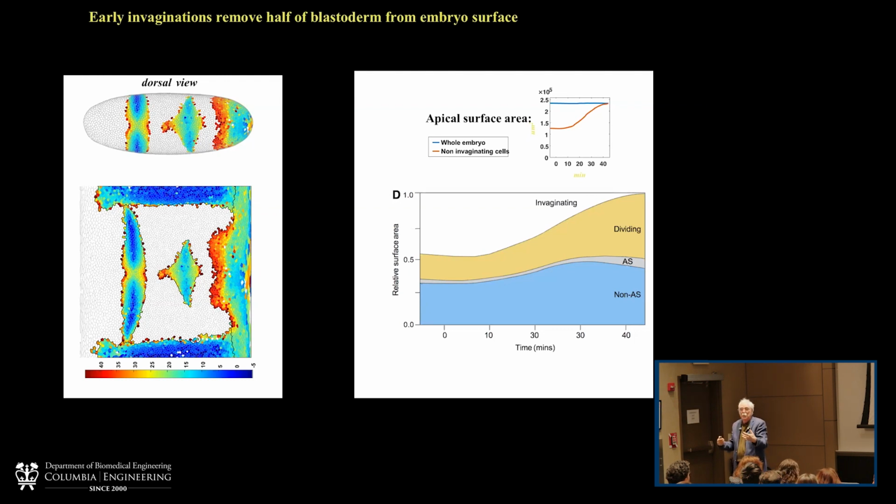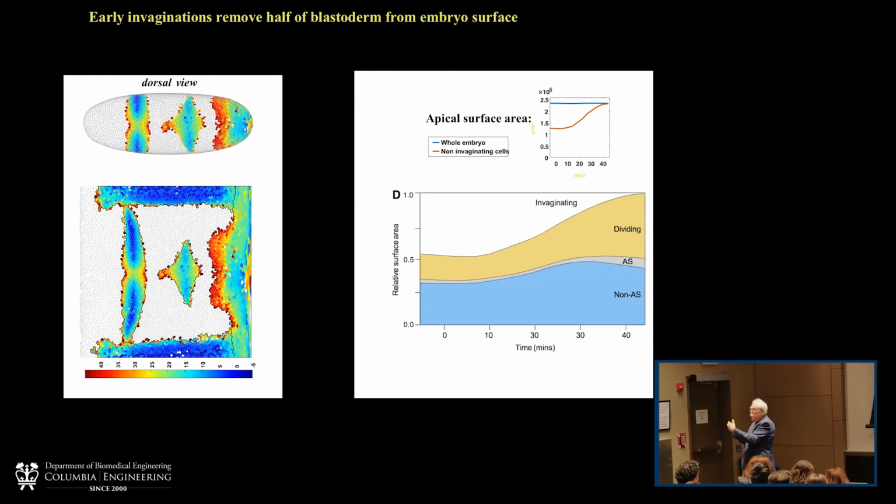Can we begin to plot out, if we really want to understand morphology, we have to be able to distinguish, we have to be able to identify where forces are, what generates forces, what's active, what's passive, what are the properties of the material, what are the properties of embryonic epithelial cells that allow them to have active force-generating properties or behaviors or passive responses, and how are those distributed, how are those spatially controlled, both temporally and spatially.